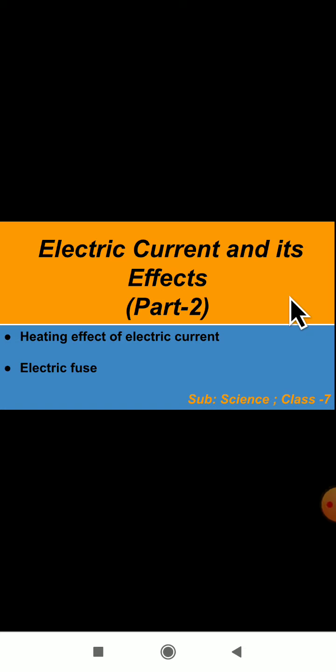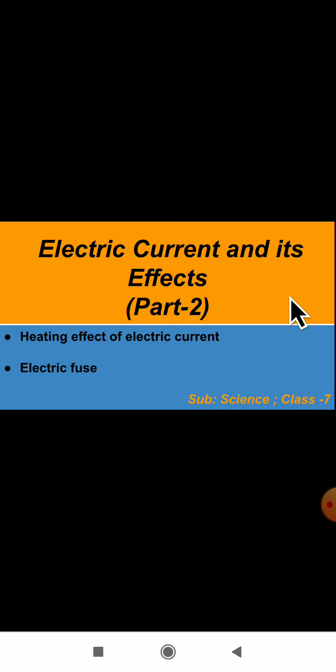Dear students, in the previous video class we started with the new chapter, that is electric current and its effect. In the previous video we already learnt about electric circuits, closed and open circuits, some of the symbols of electric components, which is very important, and about the battery and different types of batteries. And next we learnt about some of the circuit diagrams of closed and open circuits. These circuit diagrams are also very important here, you have to practice.